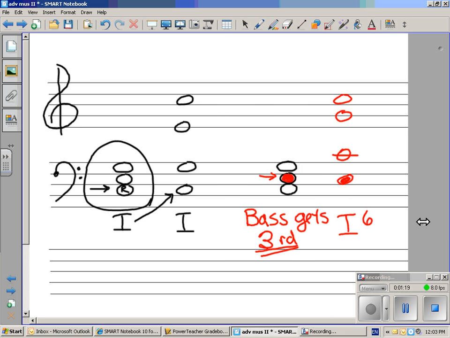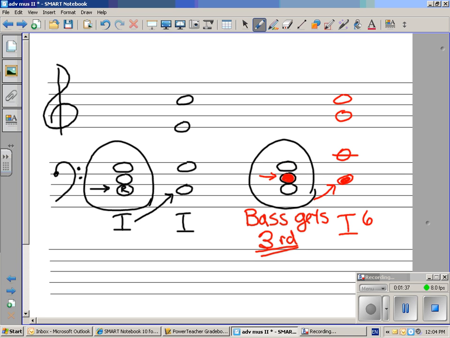Now we're going to see, well, what's an inverted chord? If you take the same chord and don't give the root to the bass, but give the bass the third of the triad, you would write it like this. C, E, G, but the bass gets the E. Bass is not singing do anymore on this triad. Bass is singing mi. It gives it a different voice of the scale. And would you please notice something? The notes of the triad are C, E, G, but we have C on soprano and another C on the